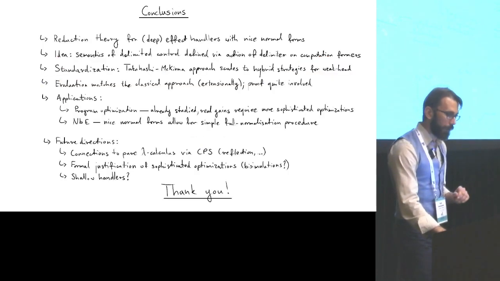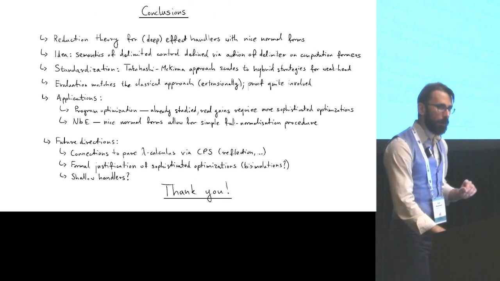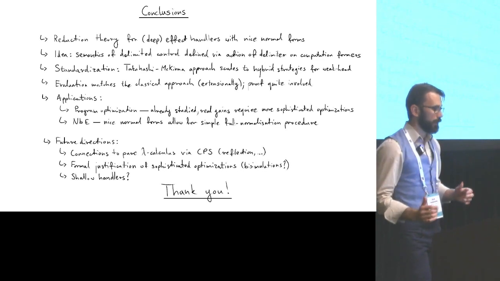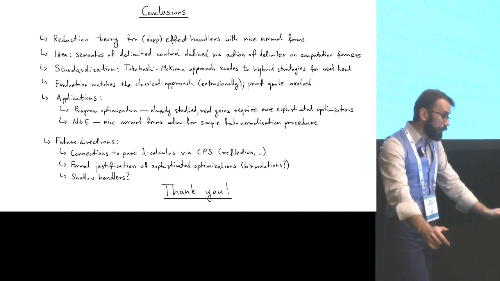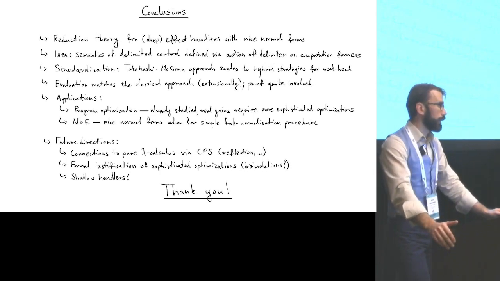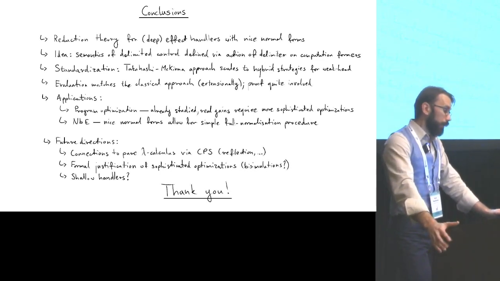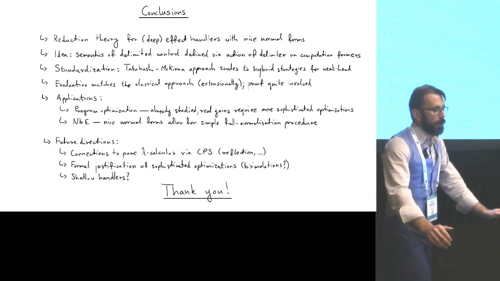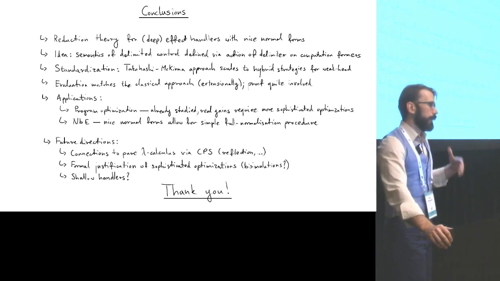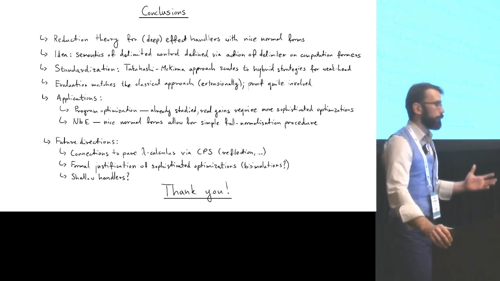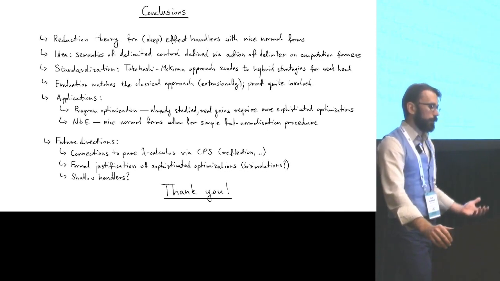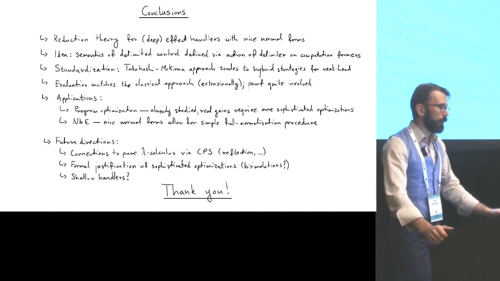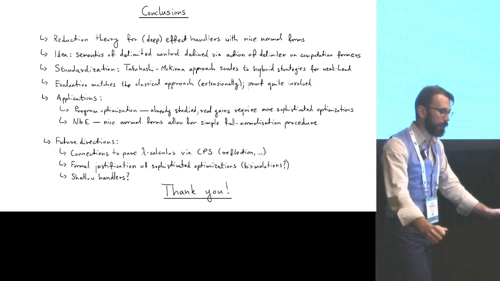But since my time is running out, I would like to just walk over what's there in the paper, what the main ideas and main points are. The idea is that we provide a reduction theory for deep effect handlers that admits nice normal forms. The semantics is defined by how the delimiter of the delimited control acts on other computation formers. We use the approach developed by Masako Takahashi and refined by James McKenna to